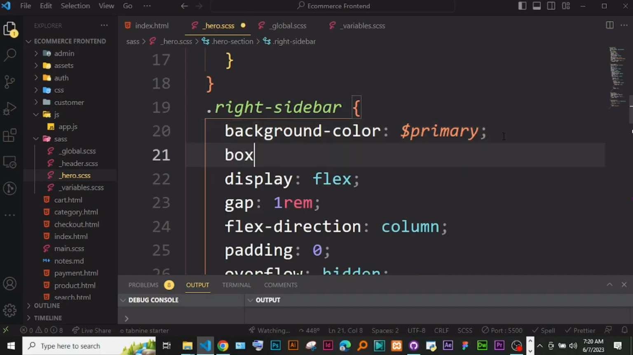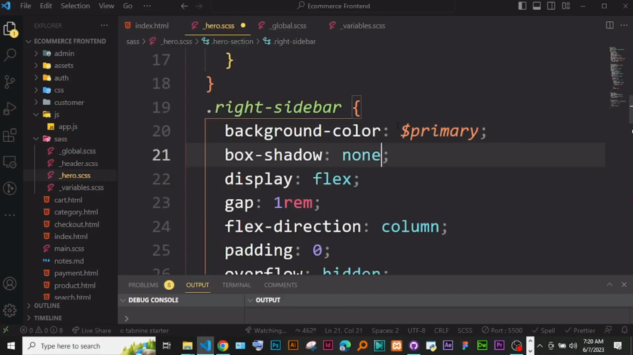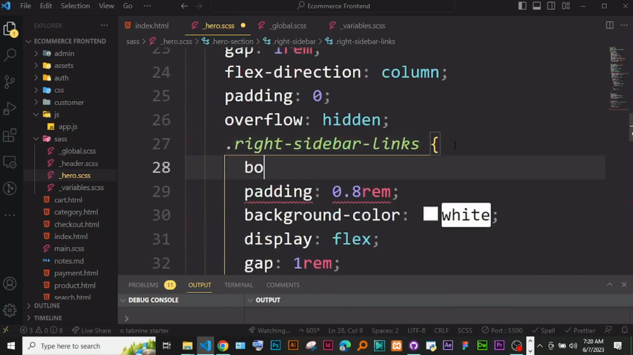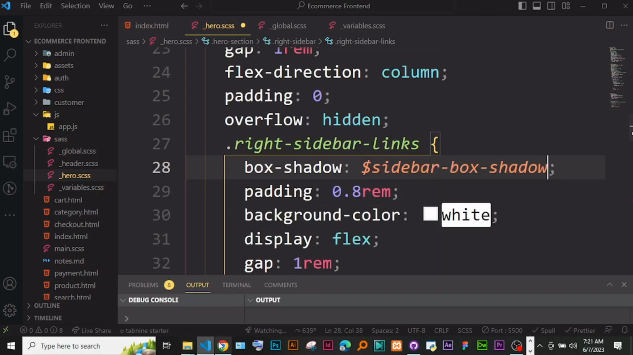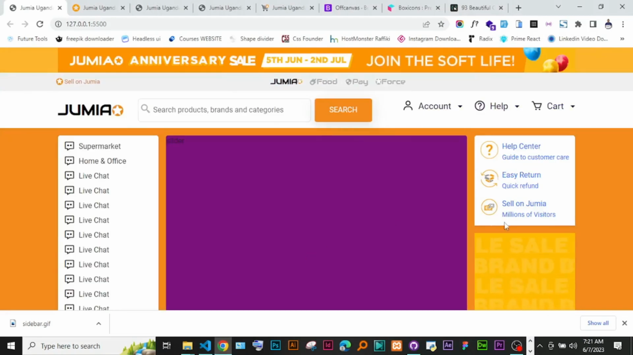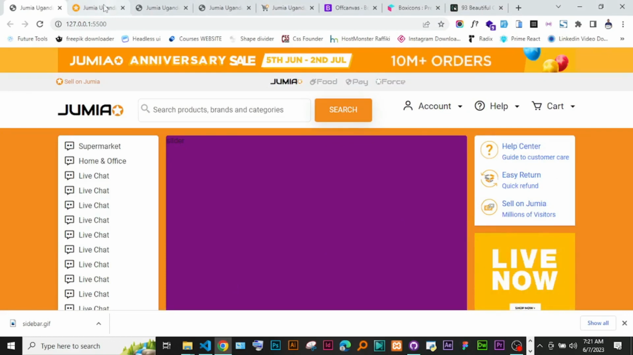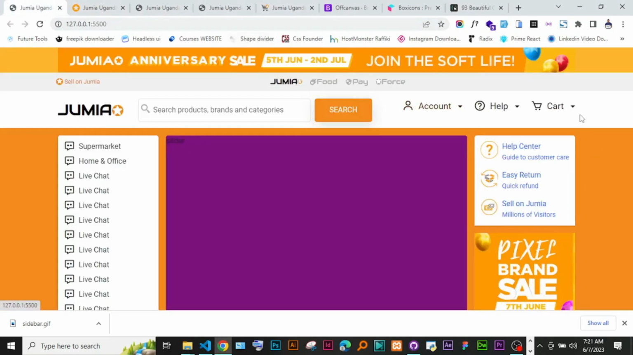So you say box shadow, let's say none. Okay, box shadow is none, and that means we are going to put the box shadow here. So box shadow, and we're going to use dollar sidebar box shadow. Okay, so you can see this. Yeah, that is great. And I think even on this,